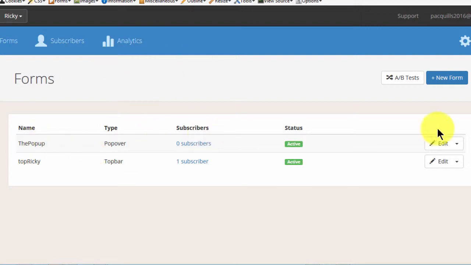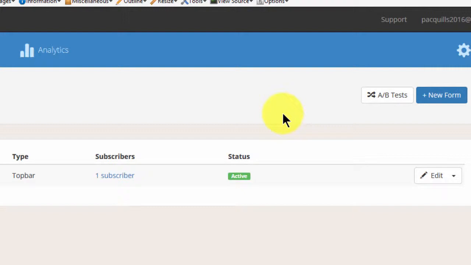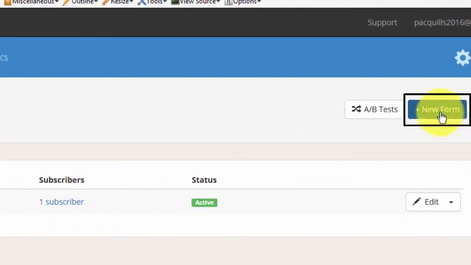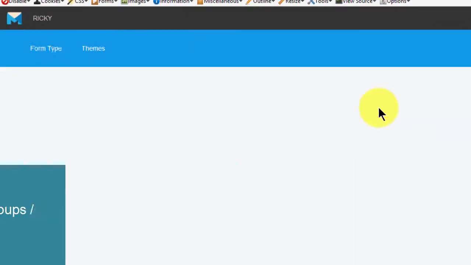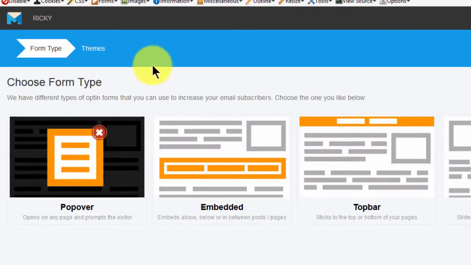I want to delete this one. Let me just delete it because there's no point of having it. Okay, and then now I want to create a new form, and this time round I want to create a pop-up. So to create a pop-up, we'll come here and choose pop over,